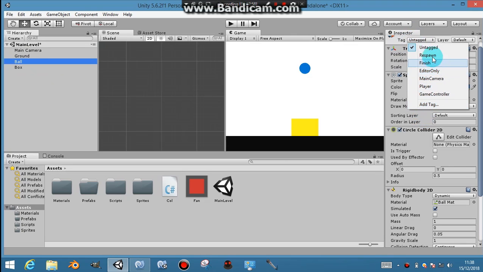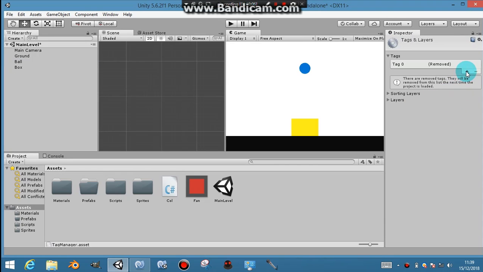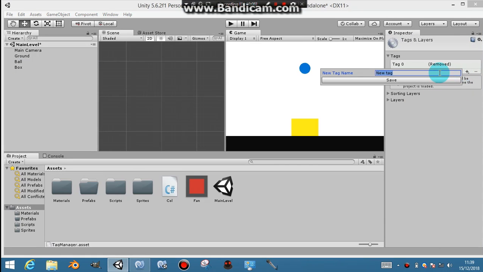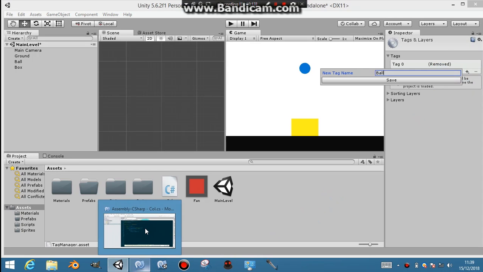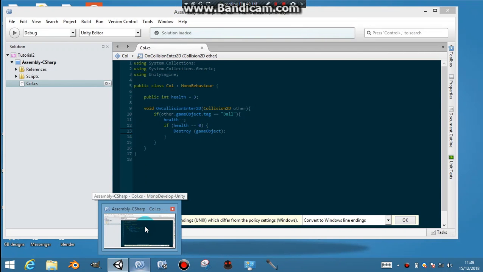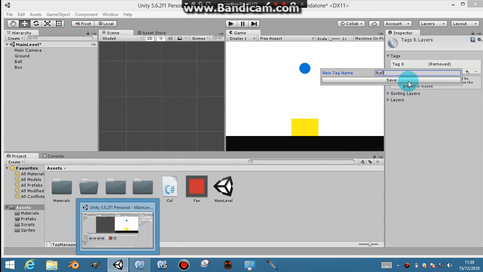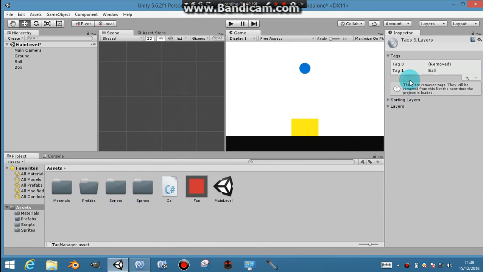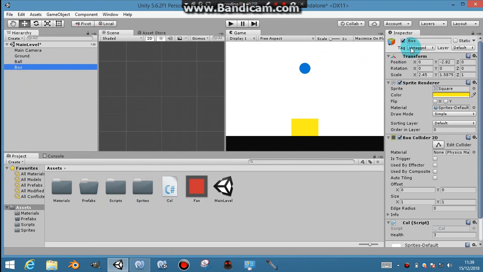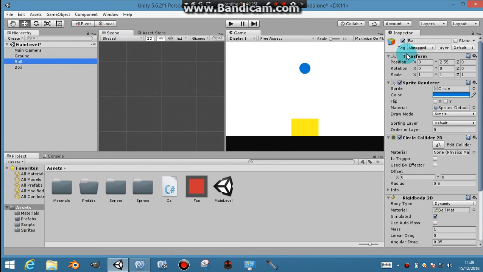These are the default tags that Unity creates for us, but it doesn't have the ball tag, so we're just going to create a new tag here. We're going to click on this add button and name it ball, just the way we wrote it in the script. I'm going to write exactly capital letter B, then small letter A, L, and double L. So go back to the ball game object, then give it that tag